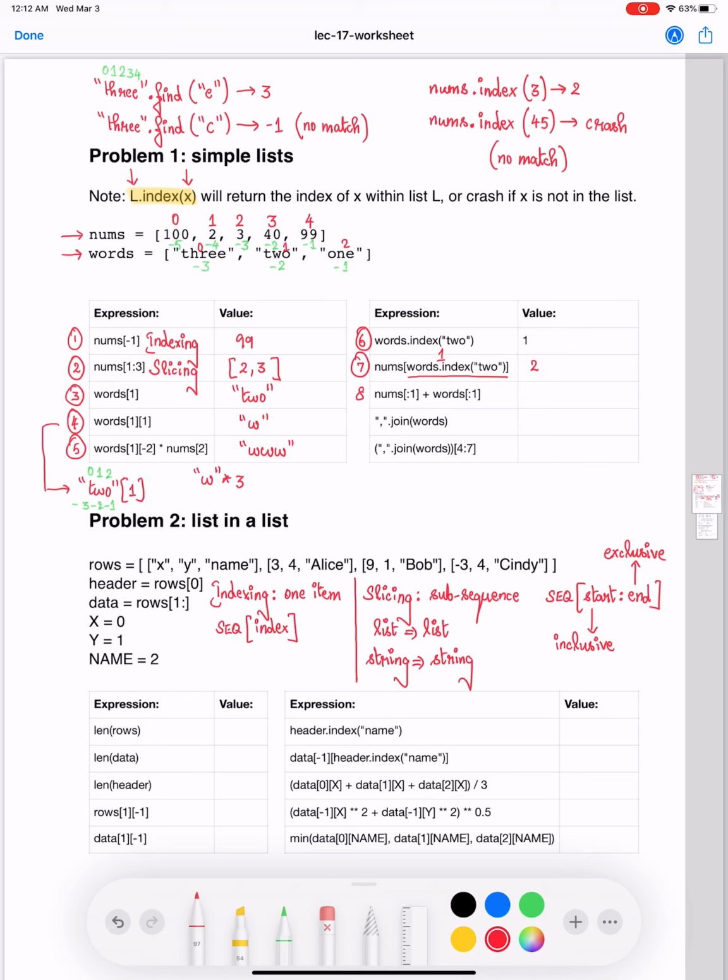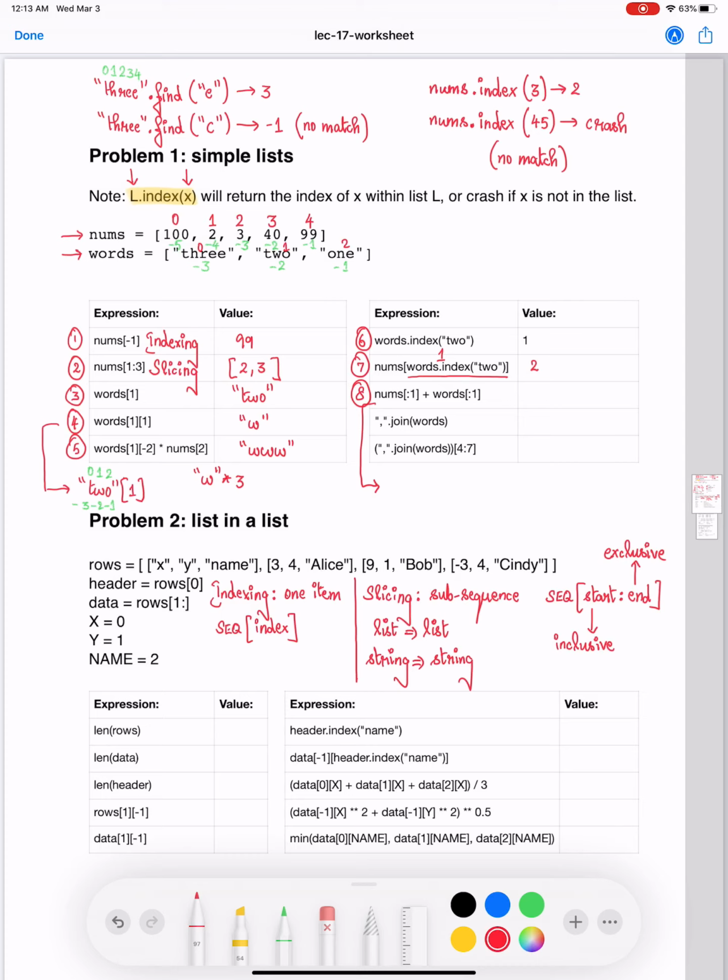Let's go through subproblem number 8. This is a tricky problem, so you need to be careful here. You're doing 2 slicing and you're using the addition operator. The first slice is nums of :1. When you don't mention a start, your start is going to be at the beginning of your sequence, which is going to be the item at index position 0.